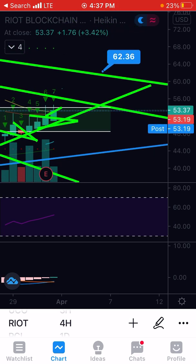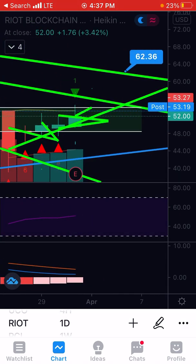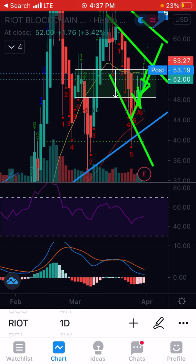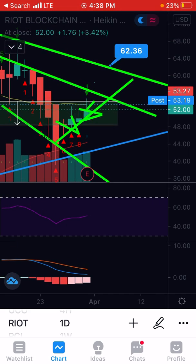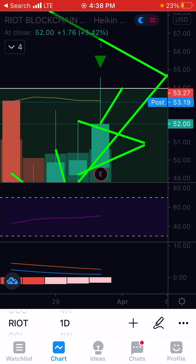I think that it's still going to have some room to go, even if it resets a little bit. Let's look at the daily and see if there's any warning signs or anything. I mean, there's not really too many warning signs. Obviously, the volume is not even close to as big as it was there. So, it's still a little bit of indecision here as we try to get over the daily 20 EMA, and